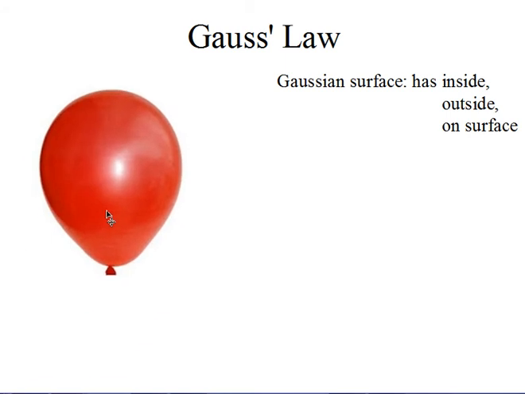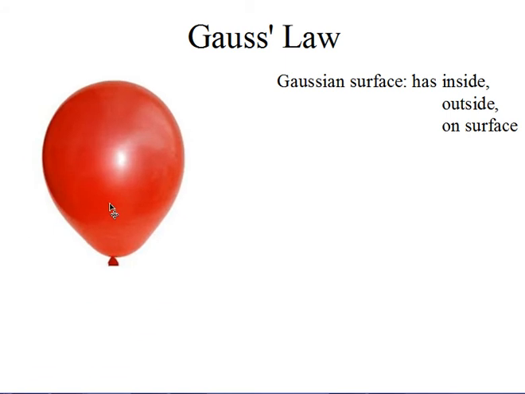Here is a Gaussian surface. It's a balloon, but anything which is a closed surface, so that there is definitely an inside and an outside and an on the surface, is a Gaussian surface. This would not be a very useful Gaussian surface because of its lack of symmetry, but it would genuinely be a Gaussian surface. You are going to have to choose Gaussian surfaces for the problems that you do,